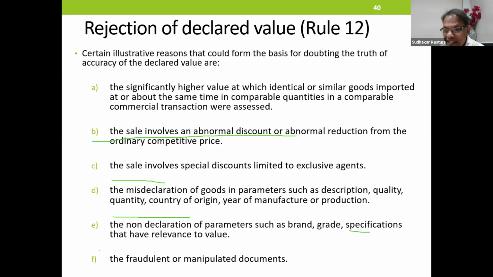Fourth, the misdeclaration of goods in parameters such as description, quality, quantity, country of origin, year of manufacture or production. Fifth, the non-declaration of parameters such as brand, grade, specifications that have reference to value. And the last one, the fraudulent or manipulated documents. Everything is very clear, well explained in Rule 12.